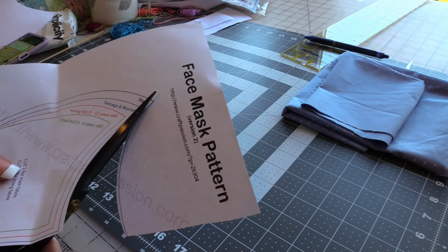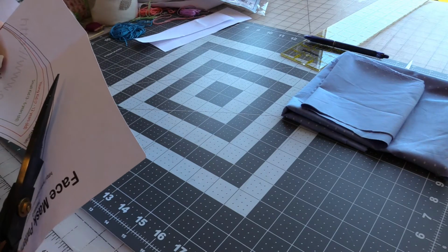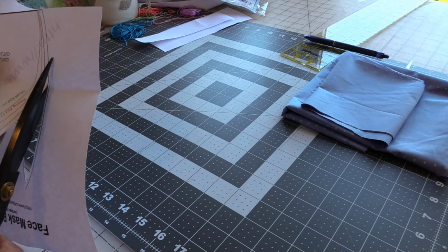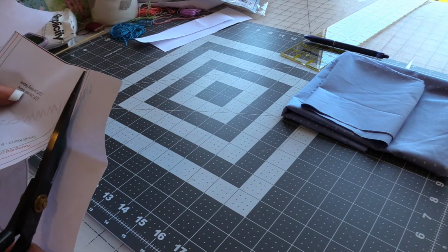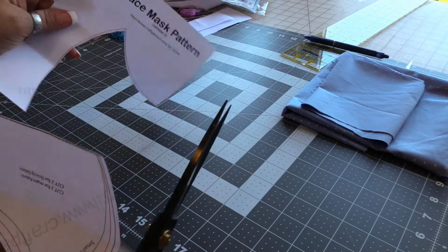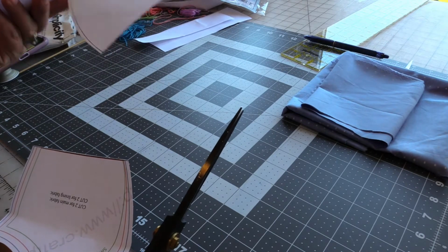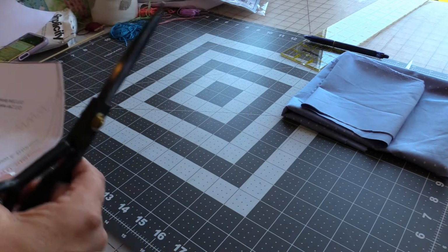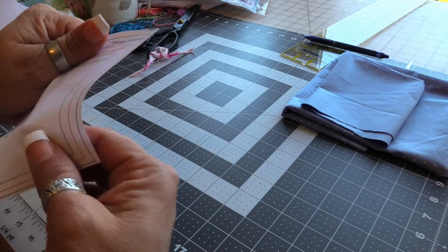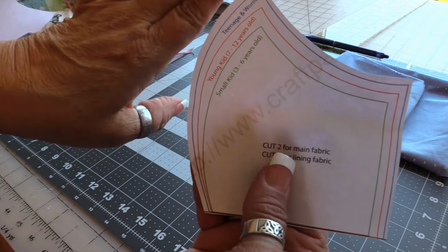It has the small children, a young child, or a smallish person, adult. It has a teenager and woman size, and then it also has a large for an extra large person or a man. Okay, so that's what that's all about. So when I make mine, I use the teenage and woman, but I like mine to be a little bit higher